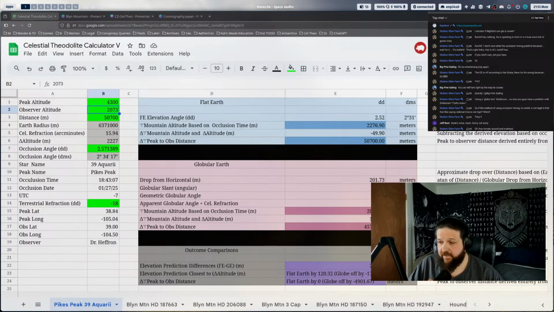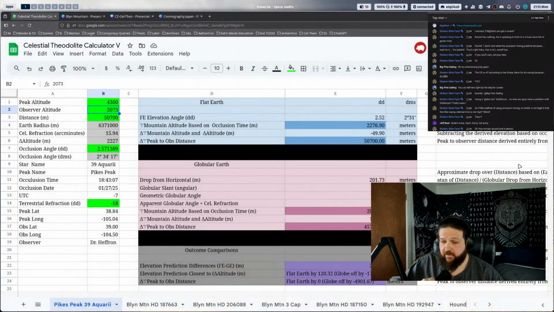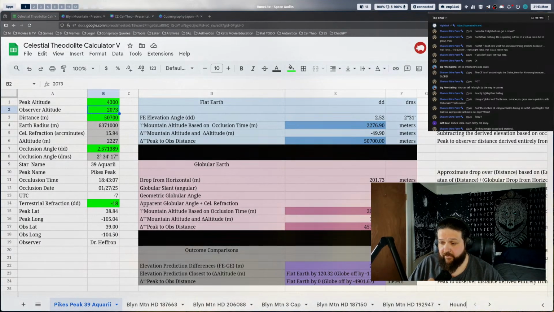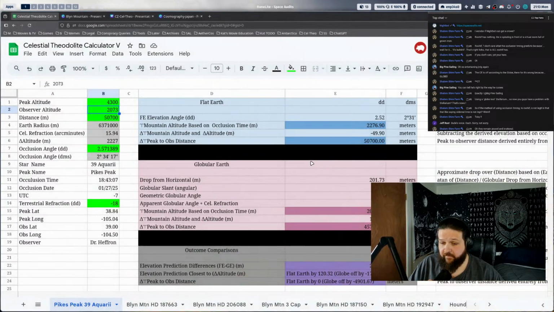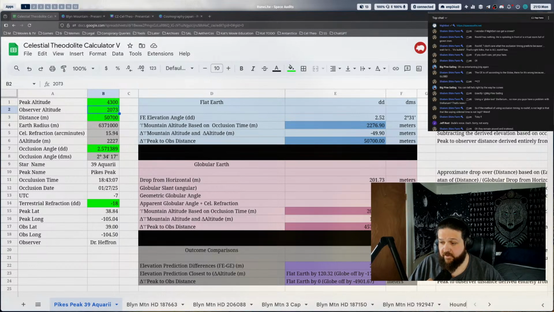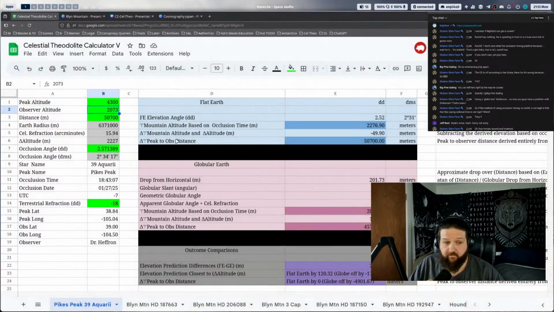So listen, Dazza. Here's the thing. We're testing whether or not the spherical coordinate system that represents latitude and longitude accurately represents the geometry of the Earth. And what we're finding here is that based off of the occlusion timing, it would be physically impossible for the globe to have that occlusion timing because the globe predicts it's lower. That's the actual issue at hand here.